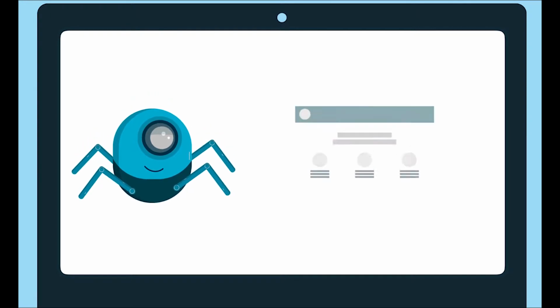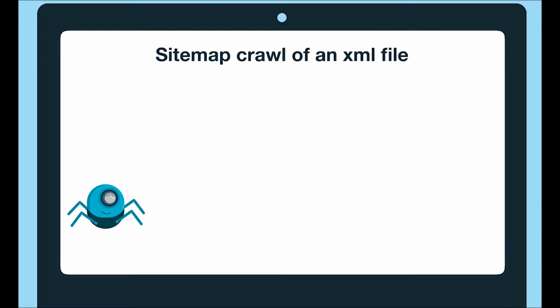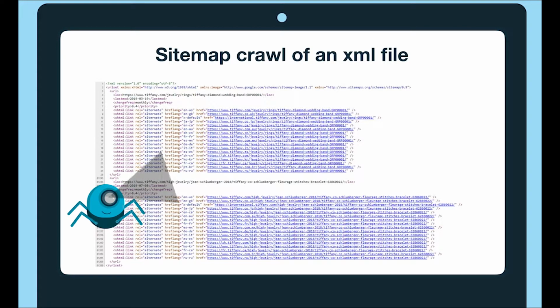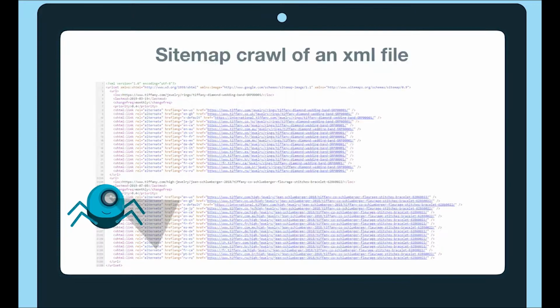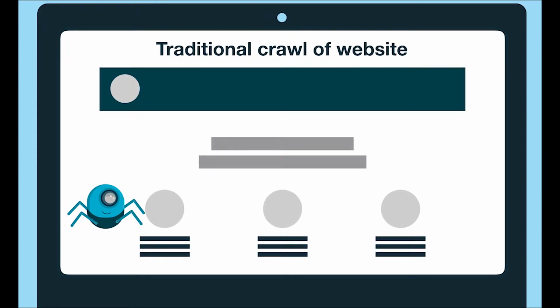Crawling is the most common way to add pages to your website. You can imagine a little bot finding links and adding those links as pages in PopeTech. There are two ways to crawl your website. The first and default way is a sitemap crawl. A sitemap has all the links or pages that exist on your website, so it's a great way for the crawler to find everything. If your website doesn't have a sitemap, PopeTech will do a traditional crawl, which just means the crawler will start on a page and look for links to add as pages.